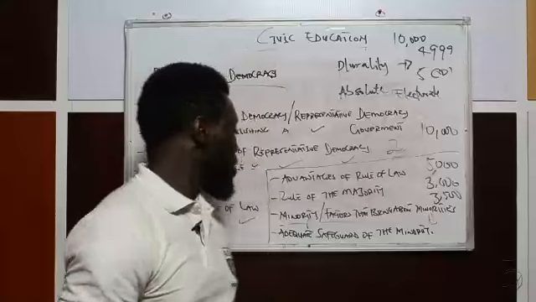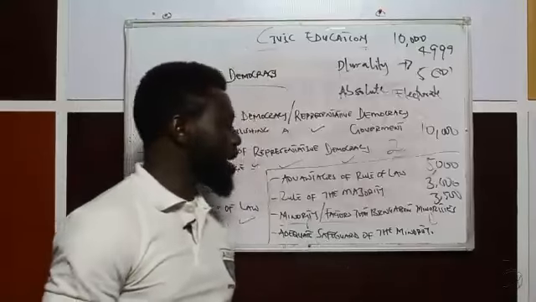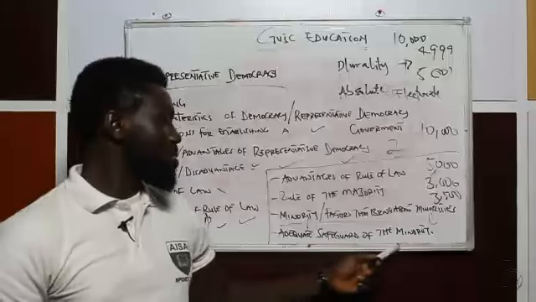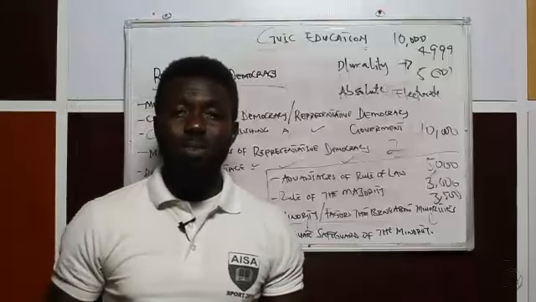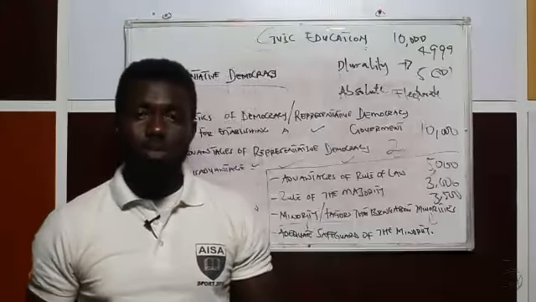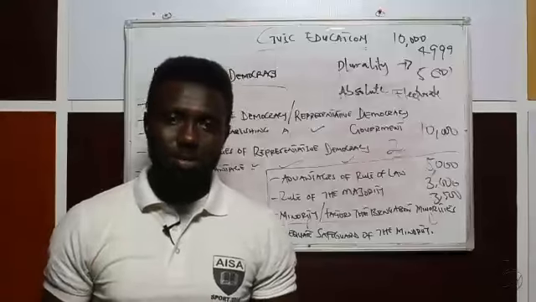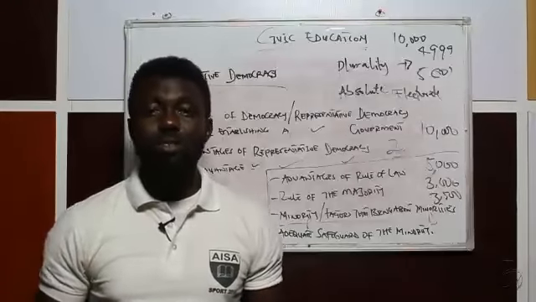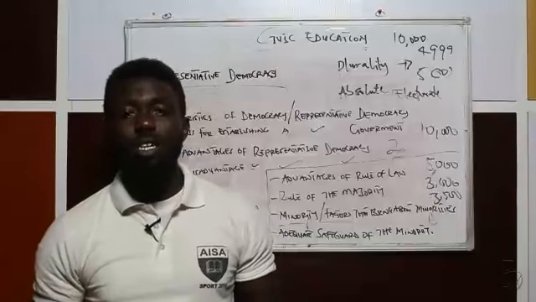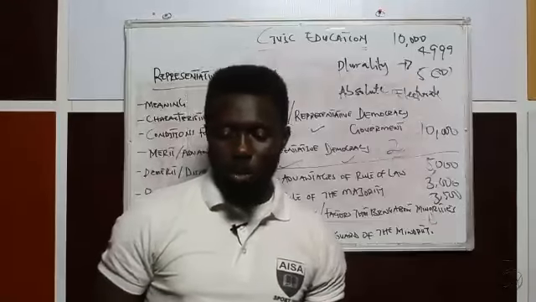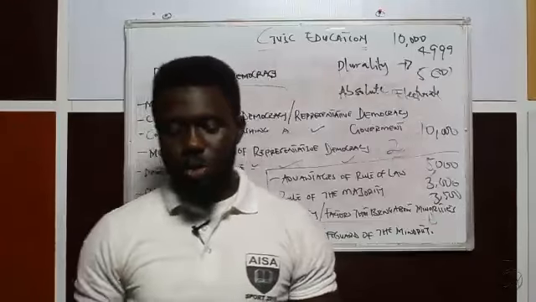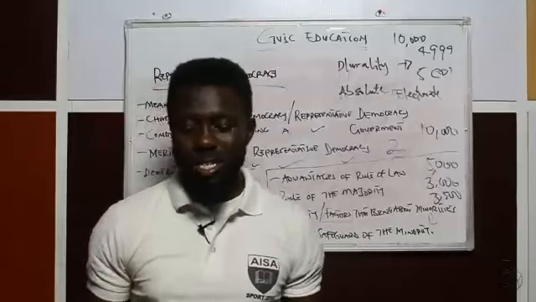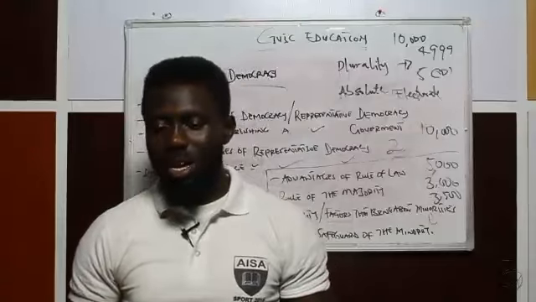So now we are going to look at the adequate safeguard. When we talk about safeguard, we're talking about measures to safeguard the minority. You understand? Measures that could be taken to safeguard their rights, to make sure that they are not discriminated against in any society. The following are some of the adequate safeguards of minorities. Number 1, adequate provision of social amenities in the state to bring about even spread of all essential needs of life to all and sundry.